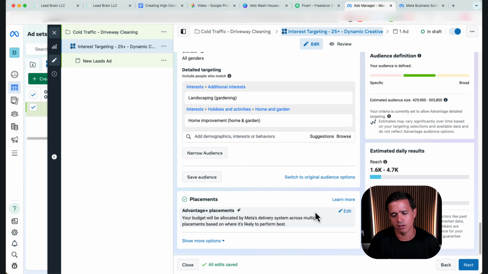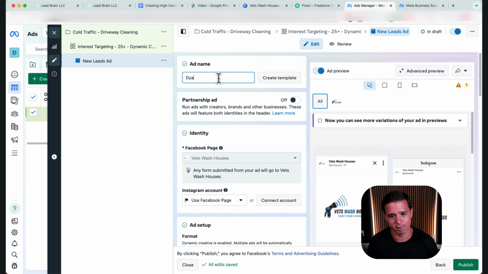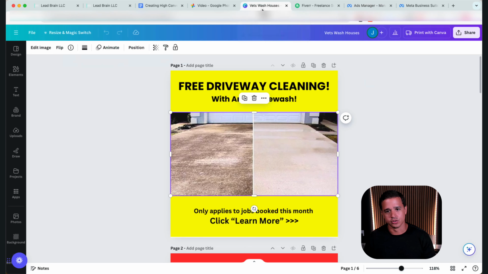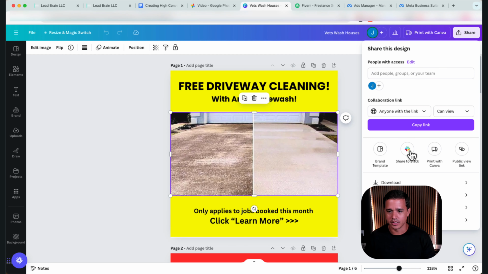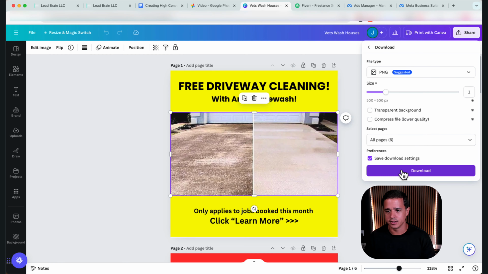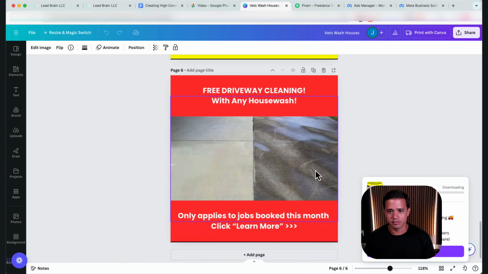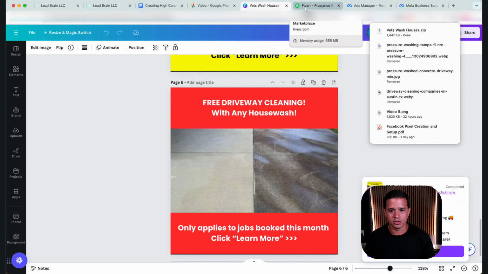Now we have the ads, and we're going to call this dynamic creative, and we'll call this V1. Because we use dynamic creative, we're actually going to upload everything we got. We're going to throw the kitchen sink at it, and we're going to let Facebook choose. So I'm going to come in here and download all of this because I'm going to give it every single variation of this. And then I am also going to download